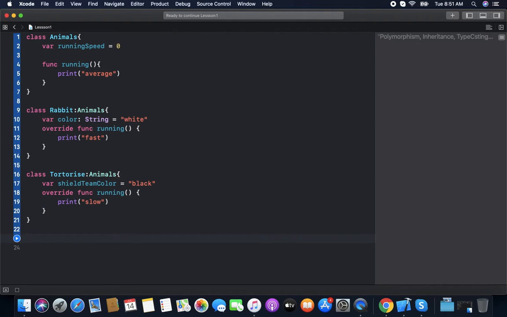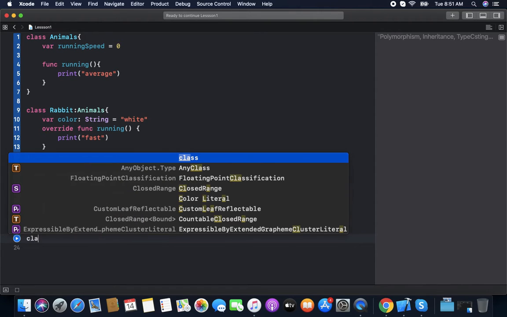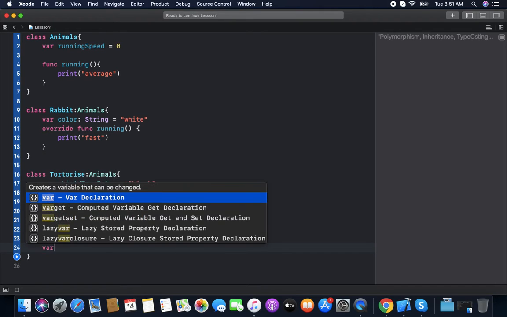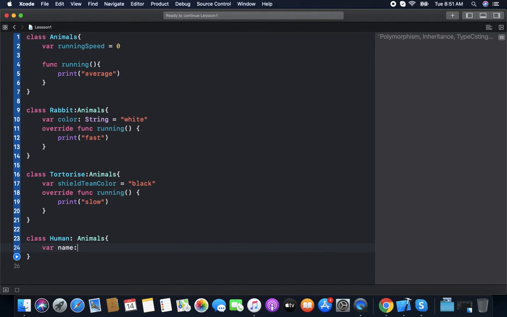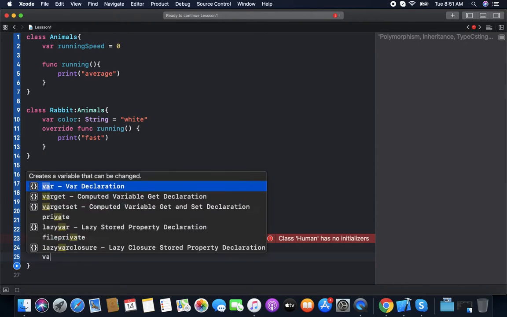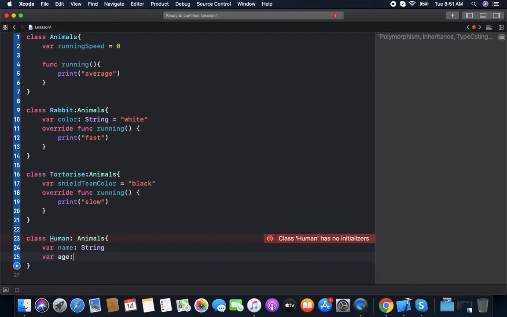Now we have a class Human. This inherits from Animal. Human has lots of things, like name. Basically, they are the organizers. Now we know their running speed is average, so it will never inherit the function.